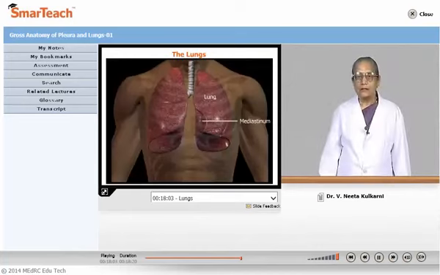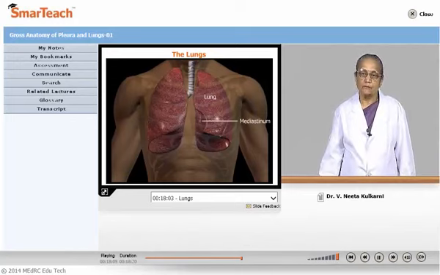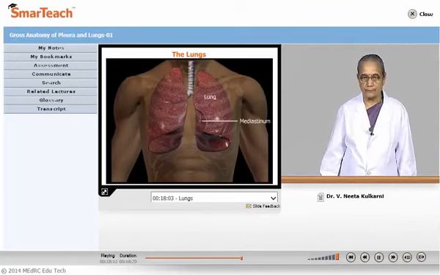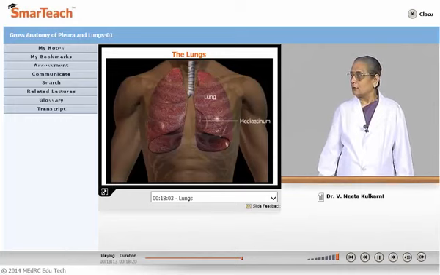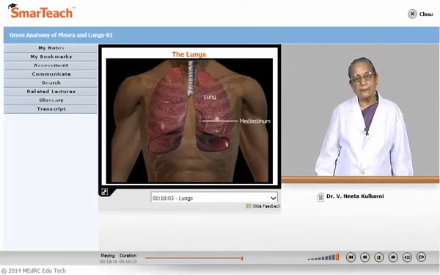The lungs are the organs of gaseous exchange. They are located in the corresponding half of the thoracic cavity. They are separated from each other by the structures inside